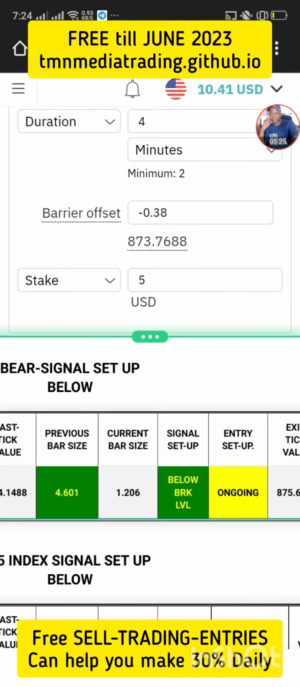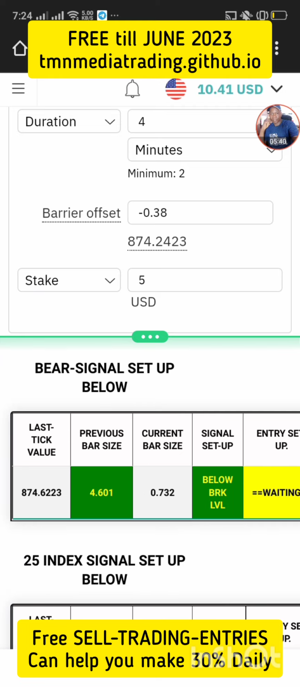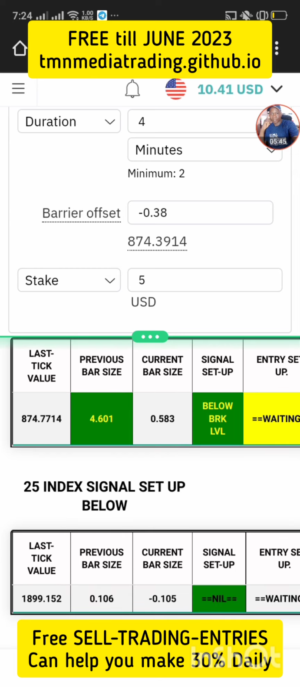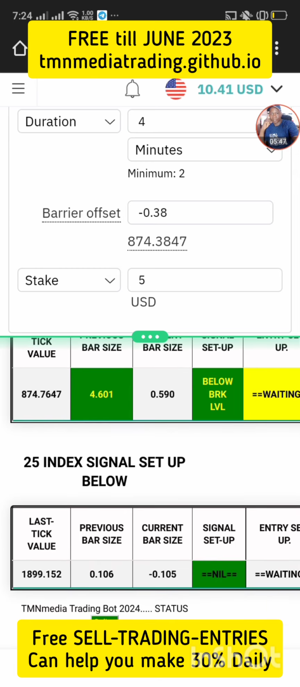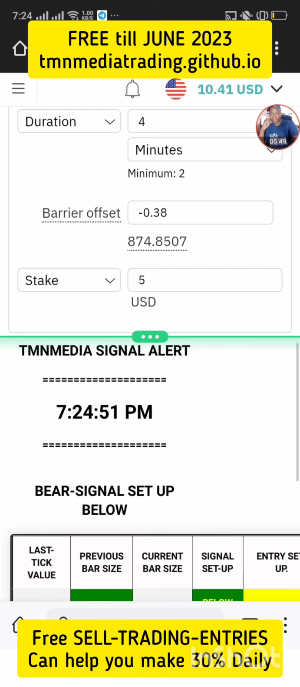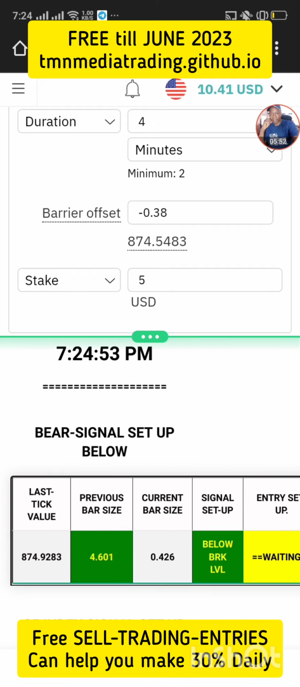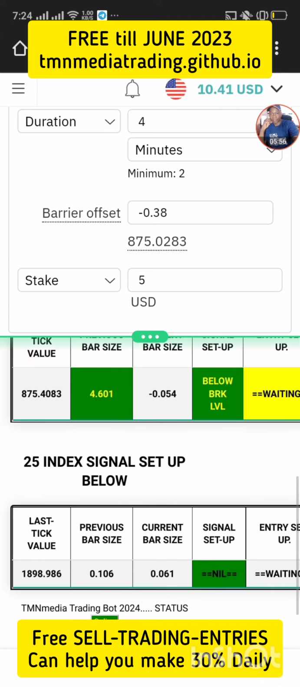So I started this account from $3 to $10. That's almost like whooping 200%. So it's more of like I just made like $7 on top of the money. And I did that with this signal. I traded 25. I traded bear. Now, you will not get bear on MT5. You will not get, the bear market is not available on MT5. The volatility 25 is available on MT5. But the bear market